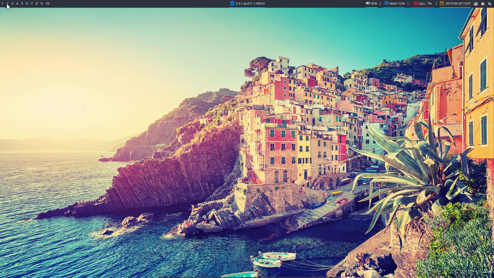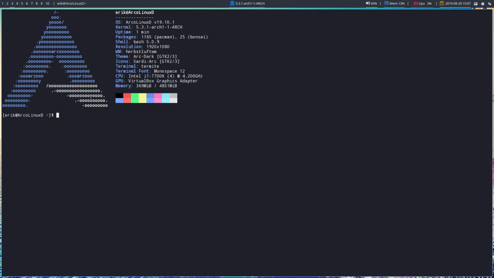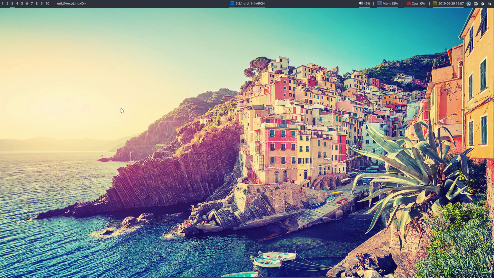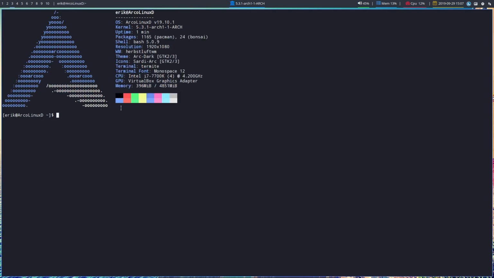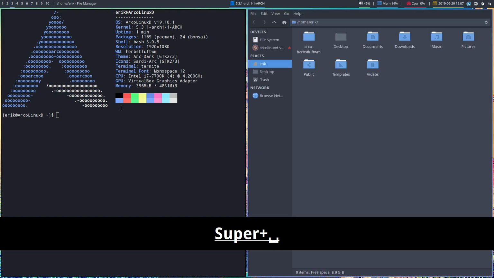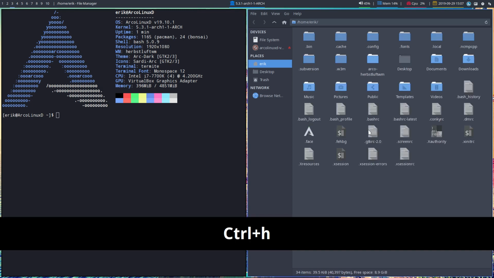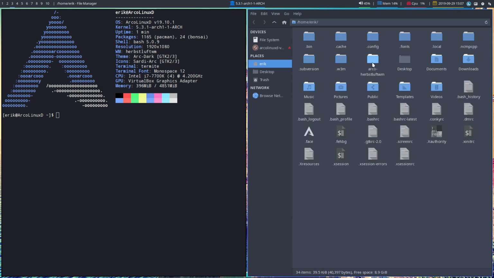So we have here our ArcoLinuxD Herbstluftwm, and it's all about this here. Now we are in VirtualBox, and maybe I can include the tip as well. Eric, go and put on the screenkey. So let's do that again. Ctrl-Alt-T, Super Shift Return, Super Spacebar. This is not transparent, and that's because we are on VirtualBox. It will be just fine if you are on